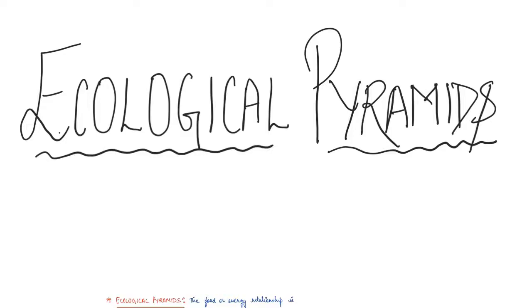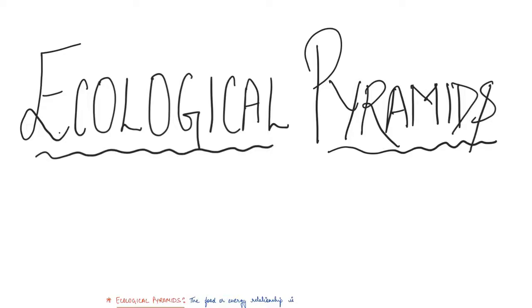Until now, we have covered a lot of topics. These topics include the energy flow, the productivity, decomposition. So we basically studied the various structure, function, and composition, right? The different components of ecosystem. And there are four components out of which we have already covered productivity, decomposition, and energy flow, right? So today we are going to study about ecological pyramids and then we'll complete the nutrient cycle, which is the fourth component, right? So let's see what ecological pyramids are.